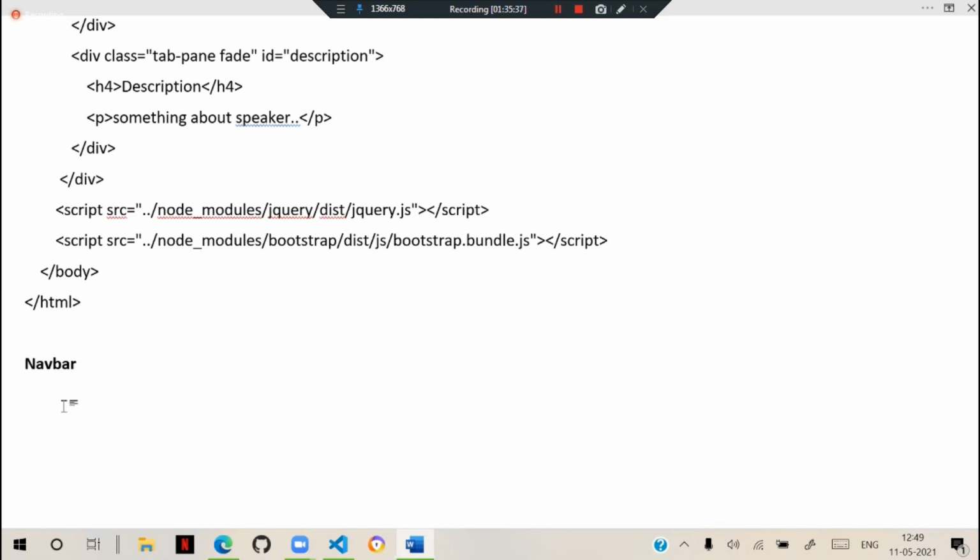For example, what are the classes? This is also no change, same as the old version. We have navbar. So in navbar, we have navbar-expand that will give full screen, and we can give navbar-expand-lg, large or small like that. And we can give colors like navbar-dark, navbar-light.